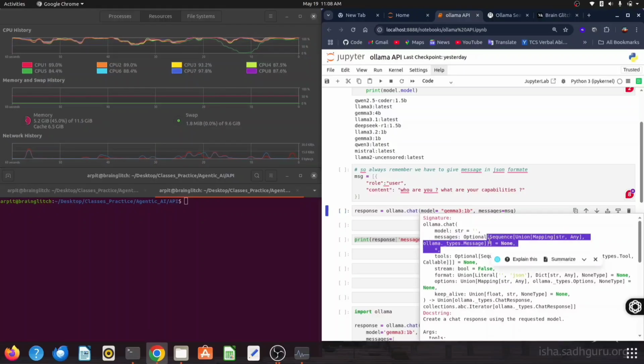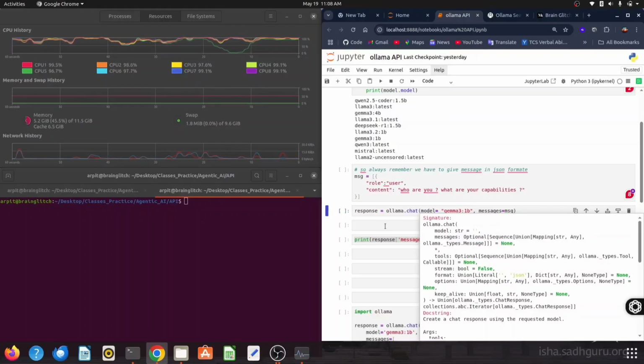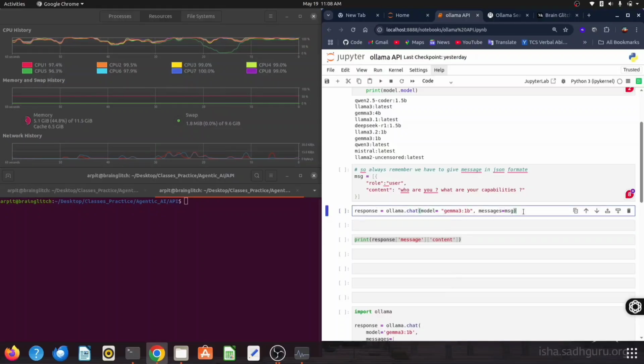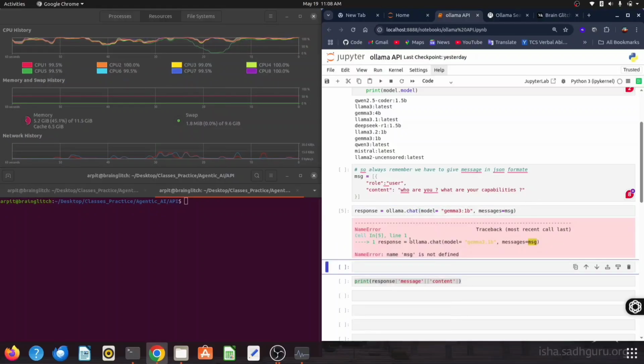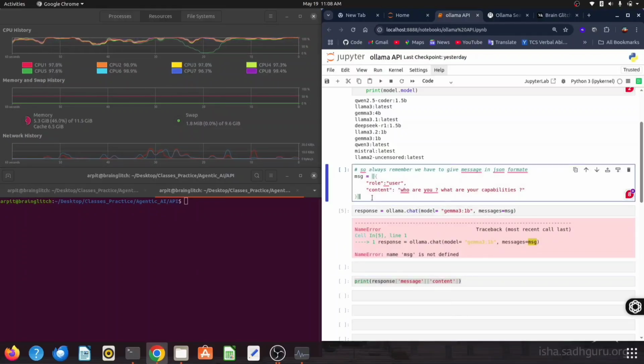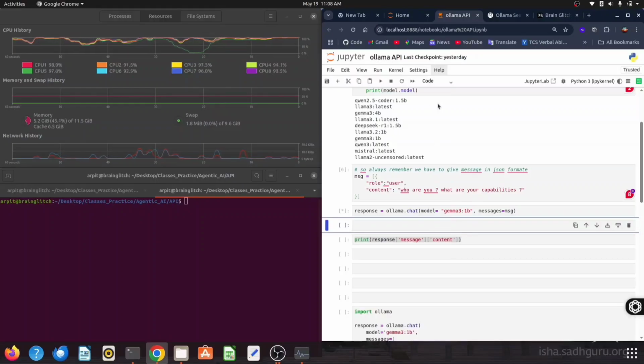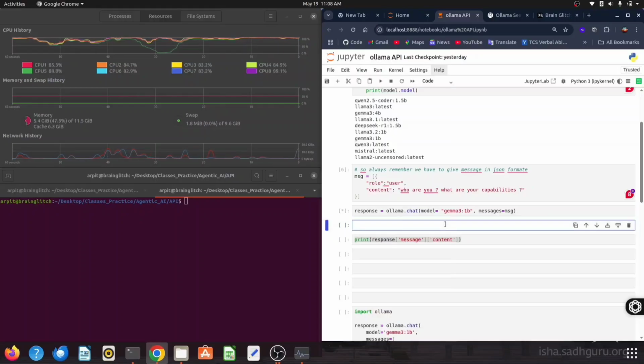Here we are using a Gemma 3 model, specifically the 1 billion parameter version. It fails because we missed running the message. Let's run the message and then the response. It will take some time because it will load on the local RAM and CPU. Meanwhile, let's talk about the Gemma 3 model.